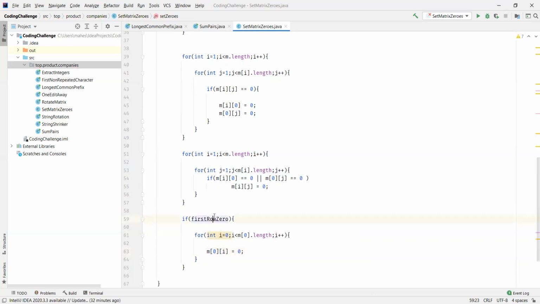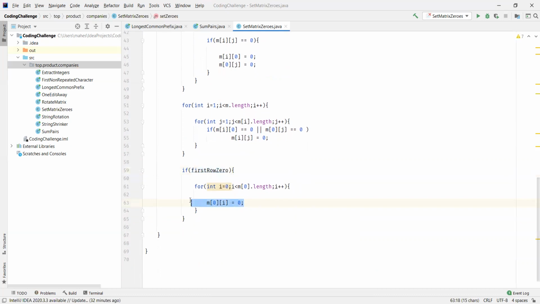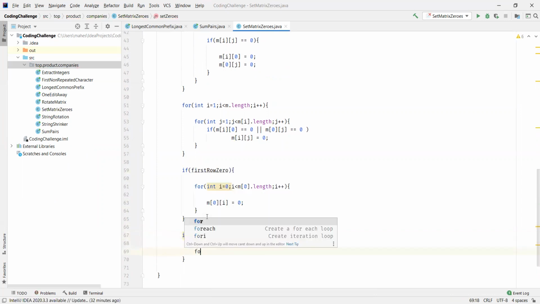If the first row has zeros, meaning the elements of the first row, we need to set them to 0. That is what we did here. In the same way, if our first column has at least one 0, what we are going to do here is the same thing.